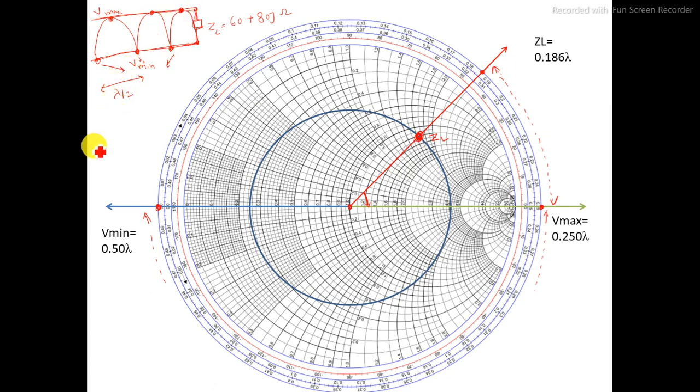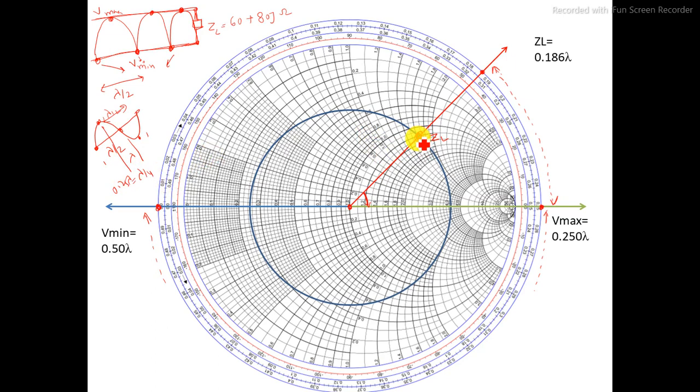We know that a full wave has total wavelength lambda, and half of it is lambda by 2. Between two minima points the distance is lambda by 2, and the same holds between two maxima points. This side is opposite, but if we take the same side, like V maxima and V minima, it is also true. We have lambda by 2 distance between two maxima, and between one maxima and one minima the distance is lambda by 4, which is equal to 0.25 lambda.